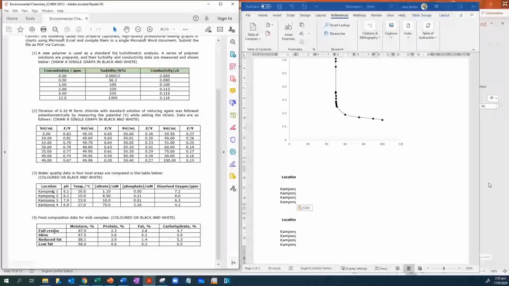And for number 4, food composition for milk samples. So these are different types of milk. Full cream, skim milk, reduced fat, low fat. They have different moisture content, different protein content. Of course, fat content is different. The highest fat is in full cream. So you should be able to convert this also into a graph. And when I talk about graph,